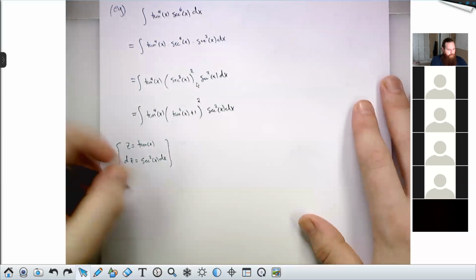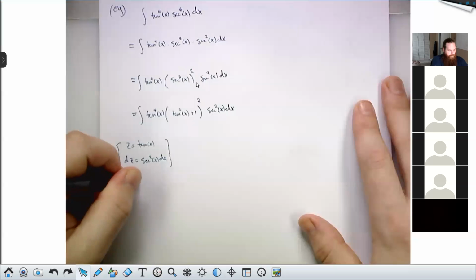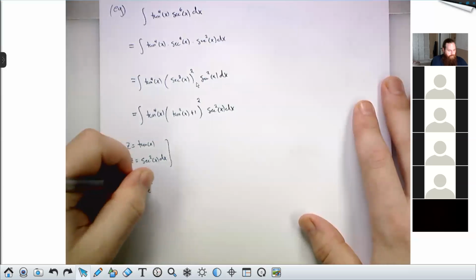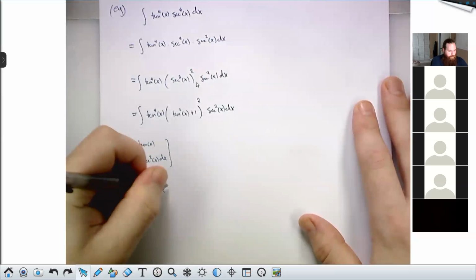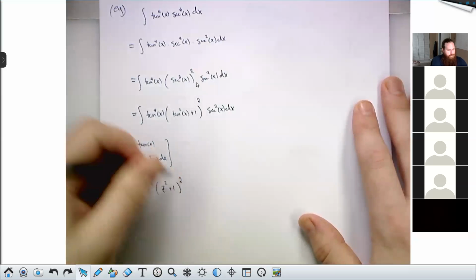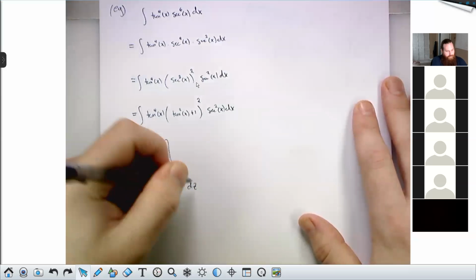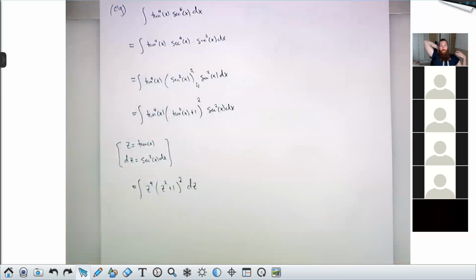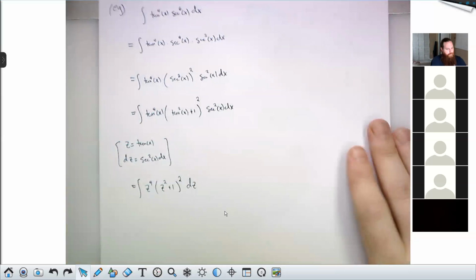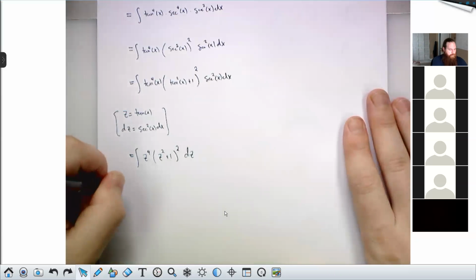And now when I make this substitution, I'll have z to the 4 times z squared plus 1 squared times dz. And that is a polynomial. And remember, my goal is to get to a polynomial because I always know how to integrate those. It's not hard. Worst case scenario, you got some algebra to deal with, but it's not too bad. If I FOIL out my z squared plus 1,